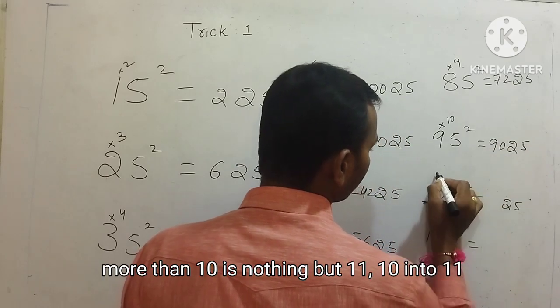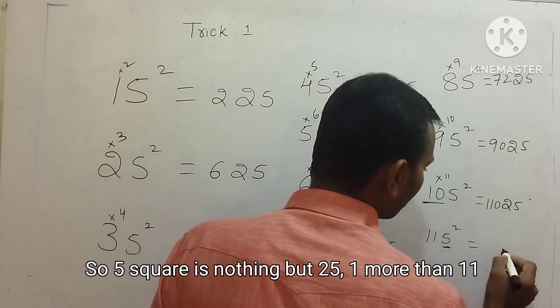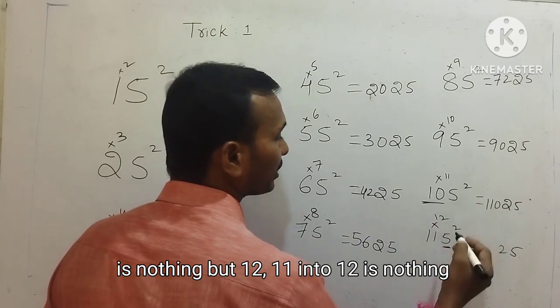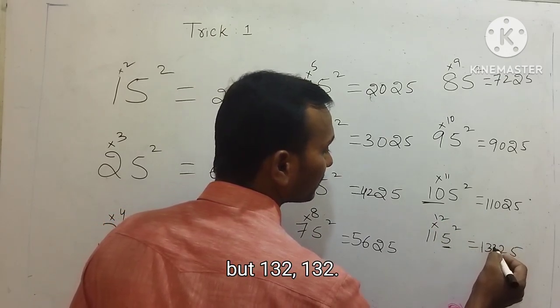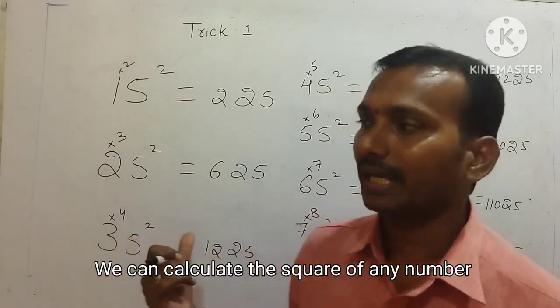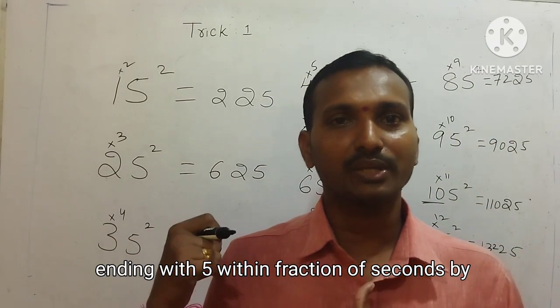Again see here, 5 square is nothing but 25. 1 more than 10 is nothing but 11. 10 into 11 is nothing but 110. So 5 square is nothing but 25. 1 more than 11 is nothing but 12. 11 into 12 is nothing but 132. So like this we can calculate the square of any number ending with 5 within fraction of seconds by using